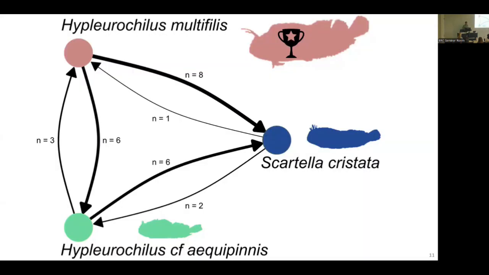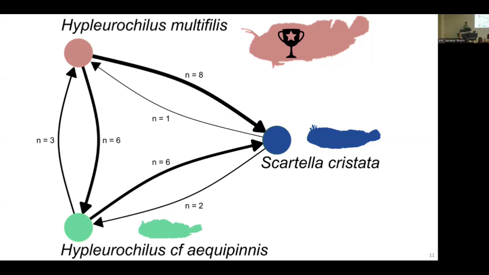So when we're looking at those binary fight outcomes, multiphilus tends to win an awful lot. The way this plot works is we have arrows pointing from winners to losers. You can think of it as the flow of aggression by these fish. So you can see that multiphilus only lost on 4 occasions in the entire study. Scartella only won 3 times, poor little thing. So just qualitatively based on this, I would say multiphilus is tending to win the most, aquapenis an intermediate amount,